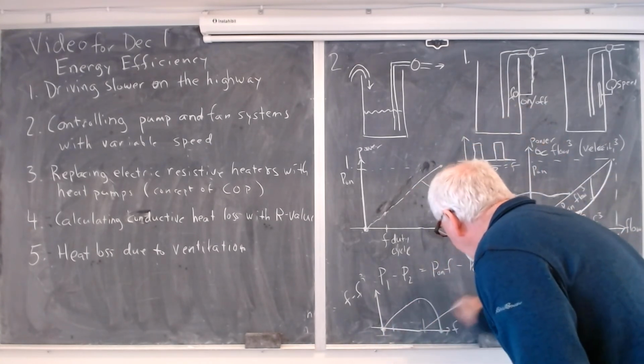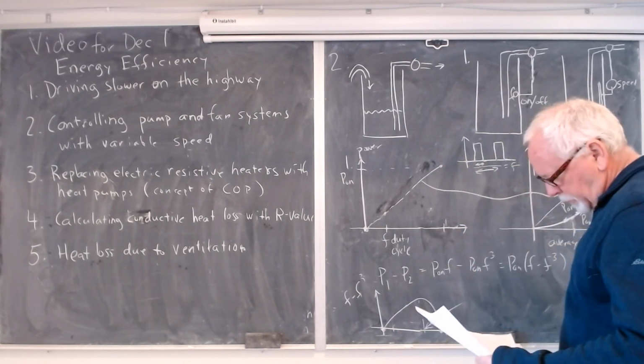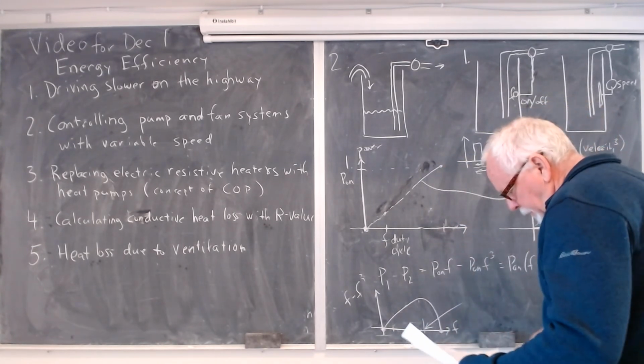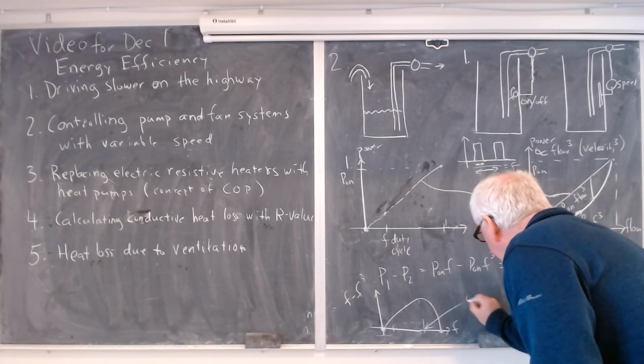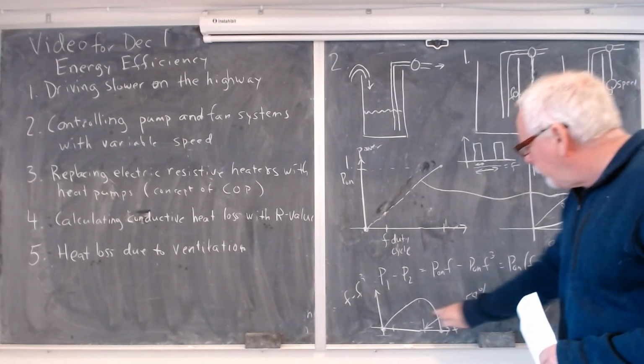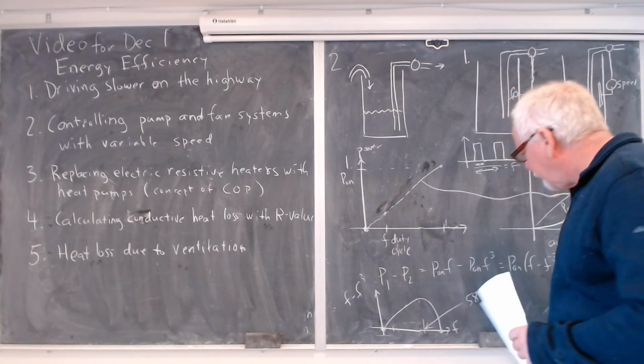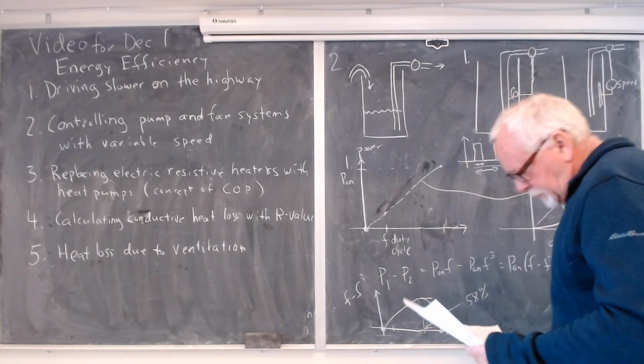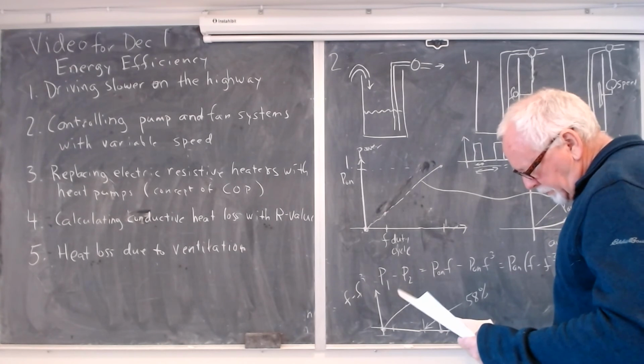That maximum point, you can just work it out pretty easily by taking the derivative, is at f = 0.5, 58%. So you get your maximum savings if your duty cycle is 58%,